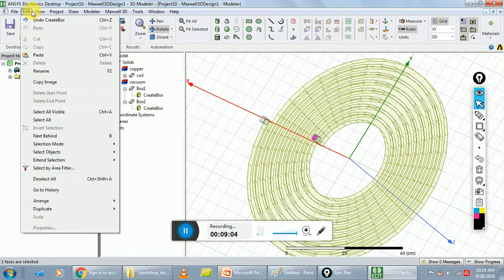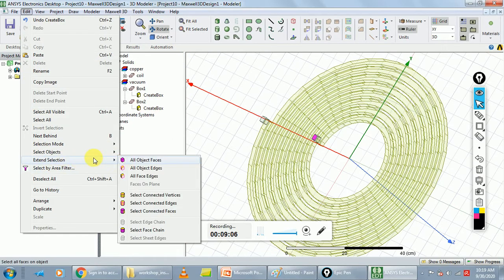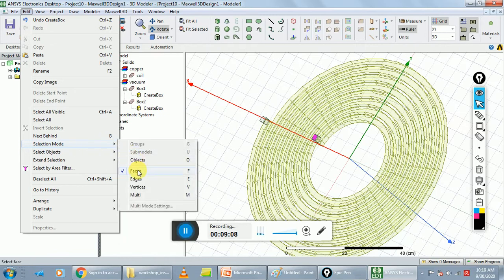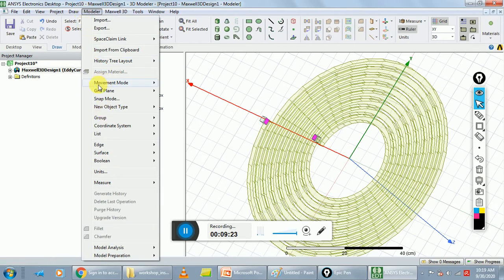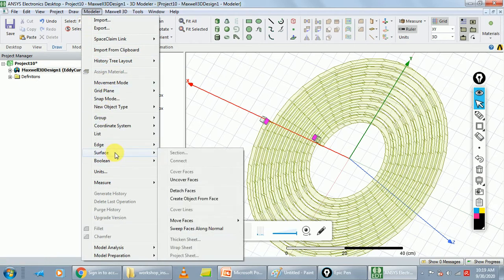Again go to edit and change the selection mode to faces. With the help of the control key, choose both faces, and after that the next step is go to Maxwell 3D, go to modeler and surfaces. Click on create object from surfaces.